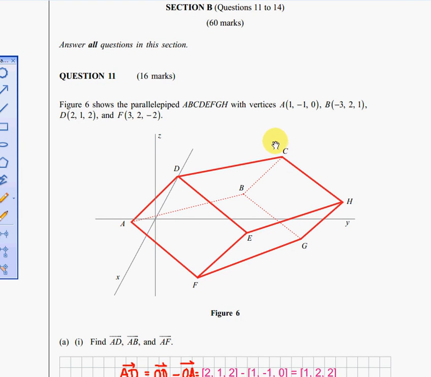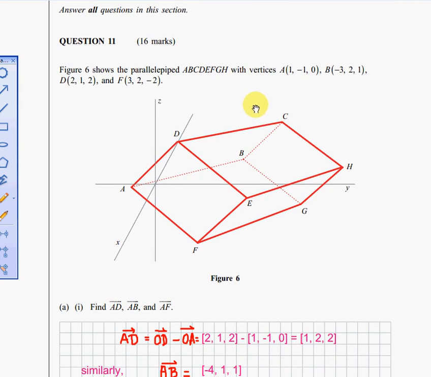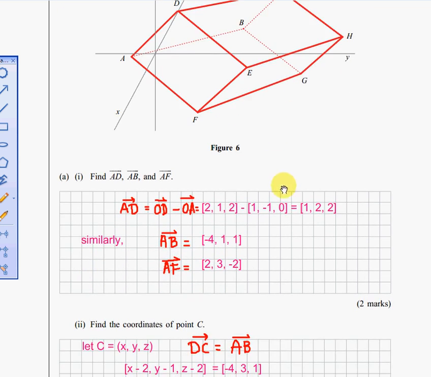Sound knowledge of vectors is required for these questions. Look at this parallelepiped. The vectors AF, DE, CH, BG are the same, and so are the vectors DC, EH, AB, and FG. And also notice that the diagonals are bisecting each other, which is something we're going to prove in the middle part